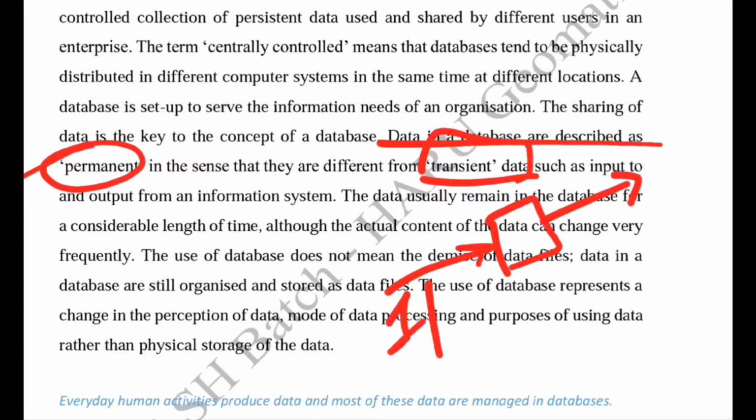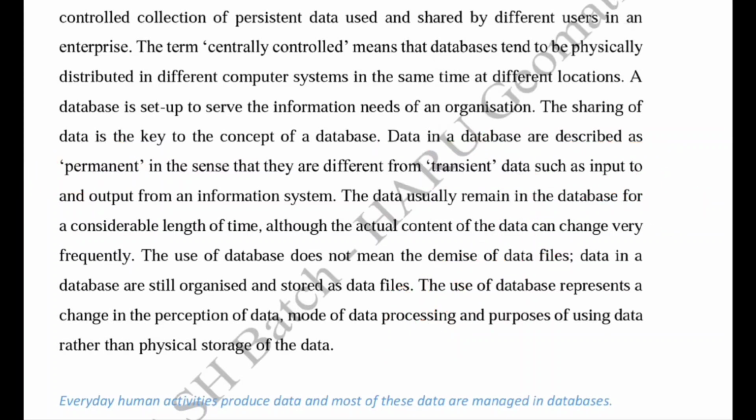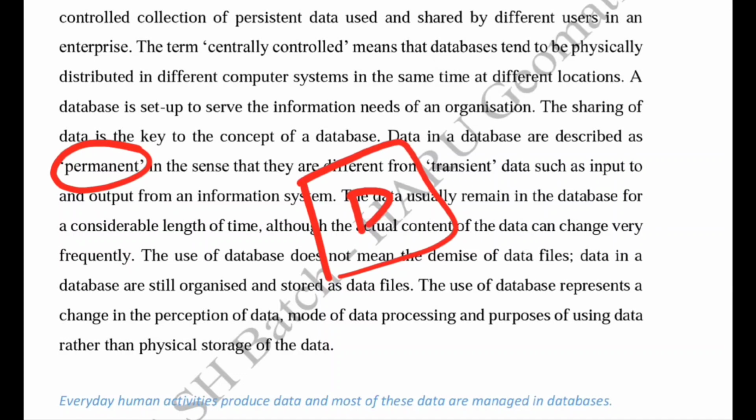So input, output is there, but in case of the database, the data stored in the database is permanent, meaning that this data is stored physically in the database, so they can retrieve this data and run this data in the application, but it does not change.